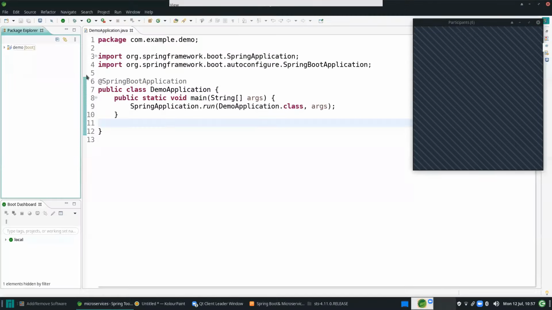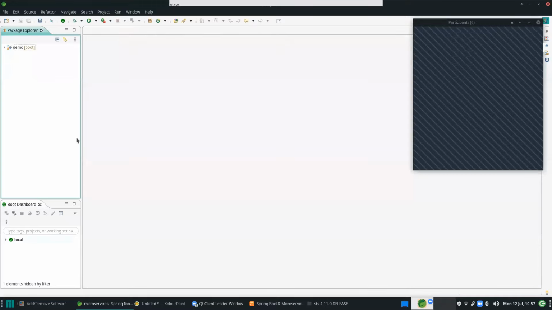Okay, so here I have Spring Tool Suite. I will create a Spring Boot application. I have downloaded it from the Spring website.